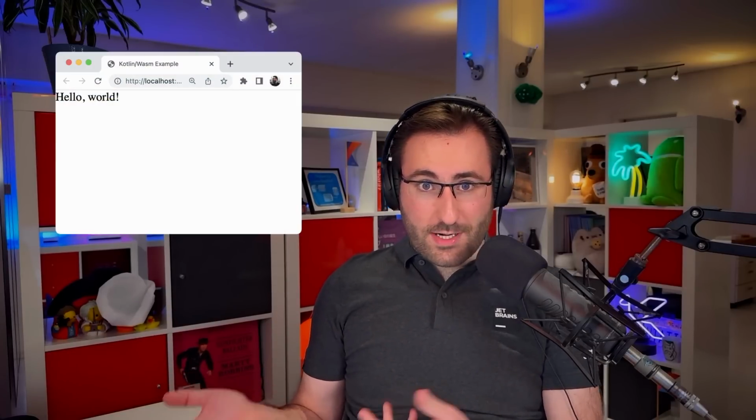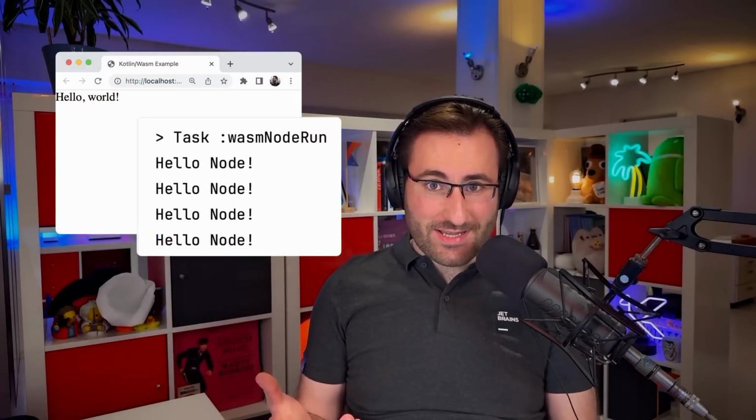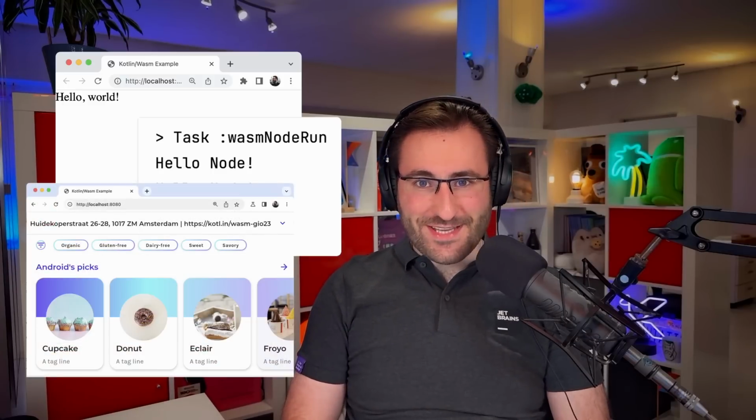Kotlin 1.8.20 introduces the newest multi-platform compilation target for Kotlin, which is WebAssembly. And that one opens up a bunch of new possibilities for us Kotlin developers, ranging from writing functionality for web apps to running server-side with Node.js and even bringing your Compose apps to the browser. There's a whole bunch of exciting things to dive into, and that's exactly what we are gonna go and do